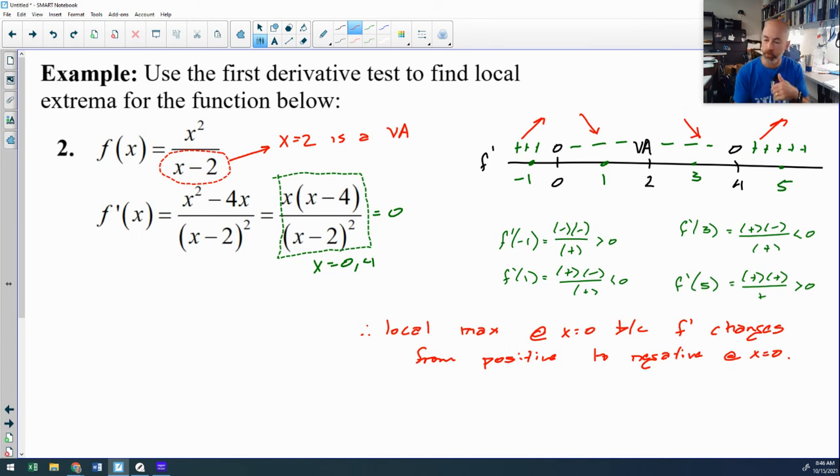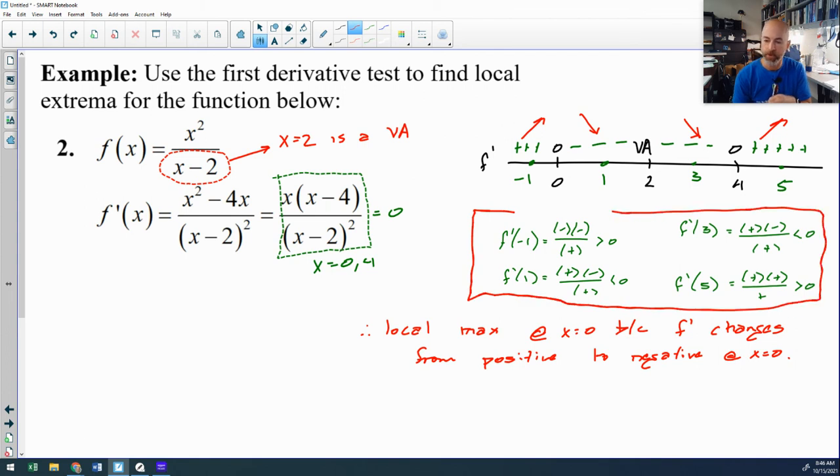And I have the work to support that, not because the number line is so beautiful and sexy. It's because I have right here all of my test points that support the claim that the derivative changes from positive to negative at the critical number, which was established over here when I set the derivative equal to 0. Then we also have a local minimum